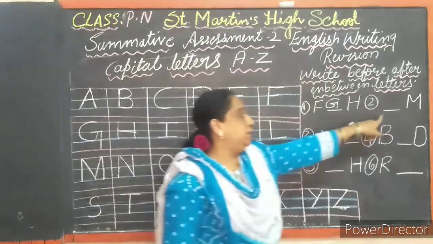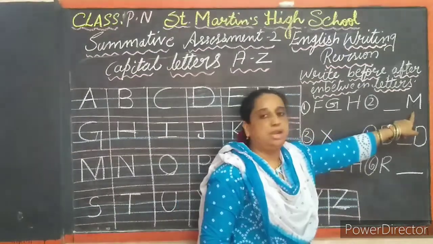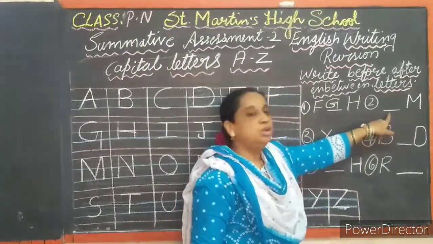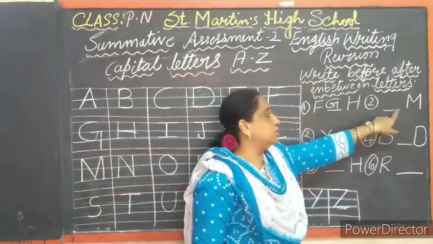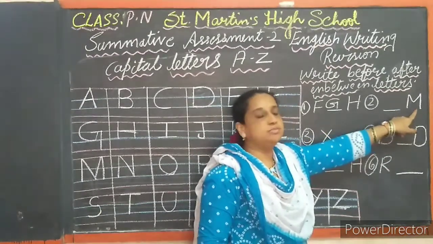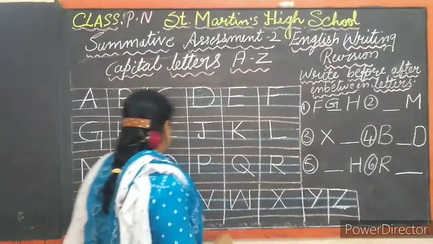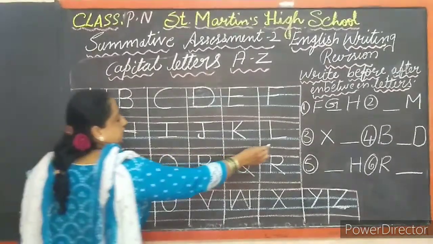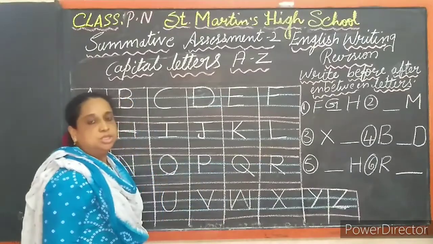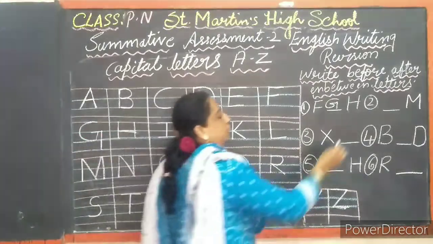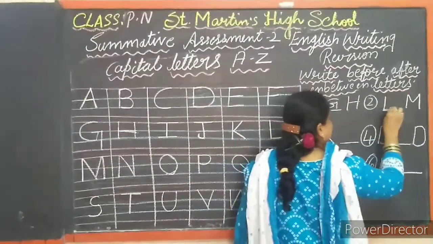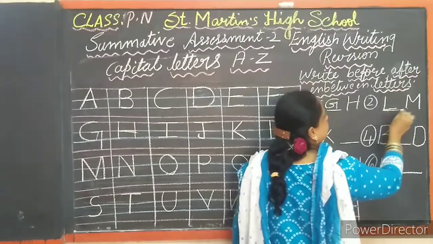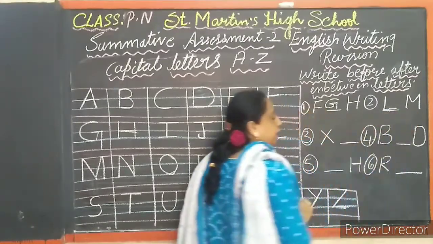Now next, here I have written letter M. Before that I have drawn one sleeping line. So what do you have to do? You should write the letter which comes before M. M I have written, before M a dash is there. So what do you have to write? You should write letter L. Very good. L. So I fill this by writing L, L and M.